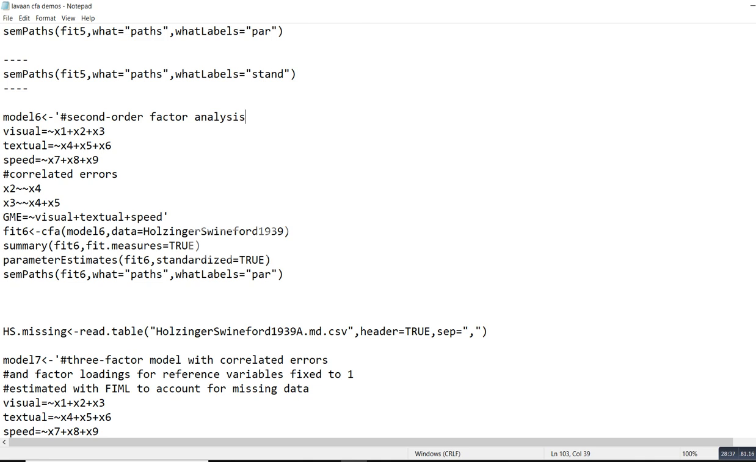So in this case right here, we're going to create a model 6. We still have our visual, textual, and speed factors. We're going to leave correlated errors in there as well. But in this case, I'm going to use GME as a superordinate factor, and the indicators of GME are not the individual items, but rather the factors that we had right up here, the visual, textual, and speed. So I've got GME, and then is manifest by, that's the equal and then the tilde sign,